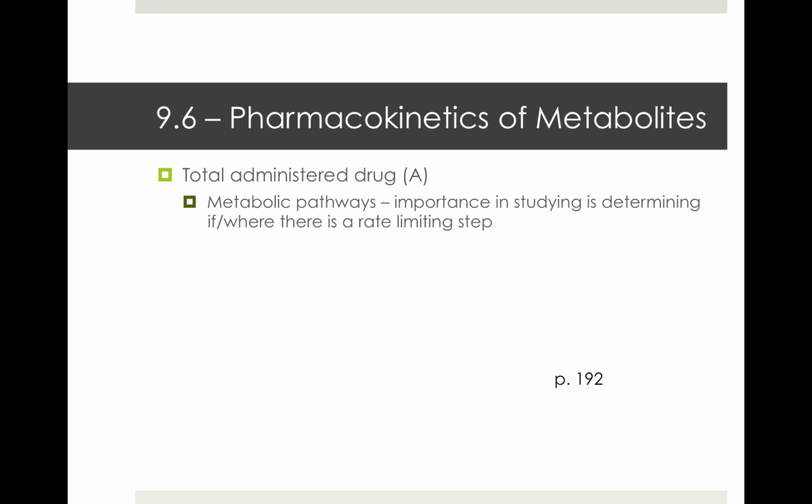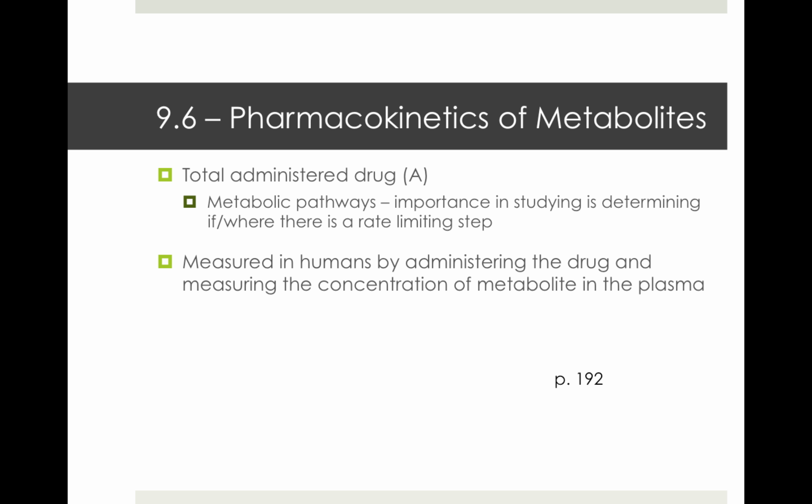So this rate-limiting step is what determines how fast the product will be broken down and excreted. So if it's a very slow rate-limiting step, then it'll take a while, and that's where the drug would build up to toxic levels because it would take so long